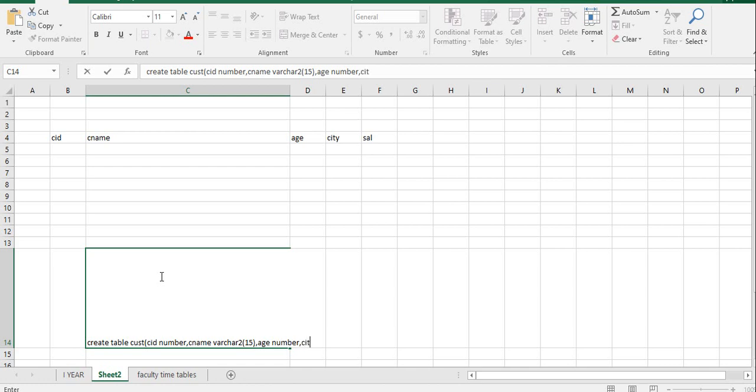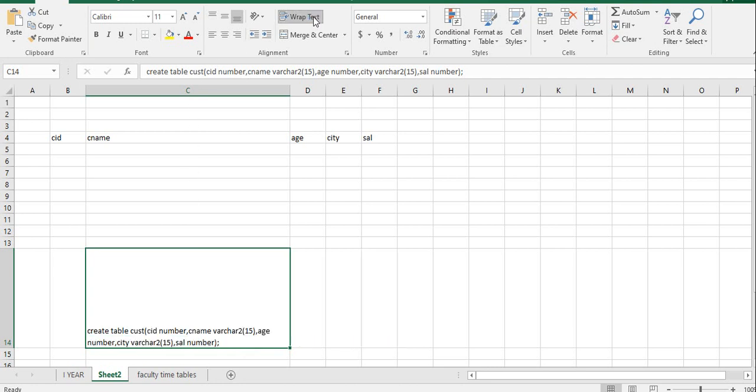Next, city is again varchar2 of 15. Next, salary. Salary is also number. Is it okay? Once you are done, close the bracket and semicolon. This is the syntax. Clear?